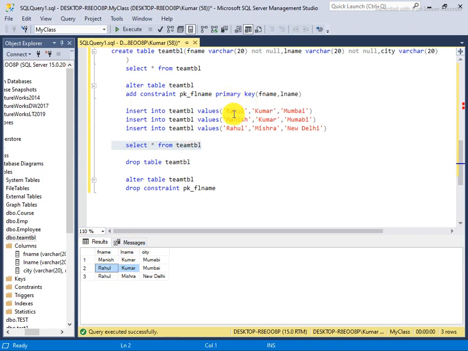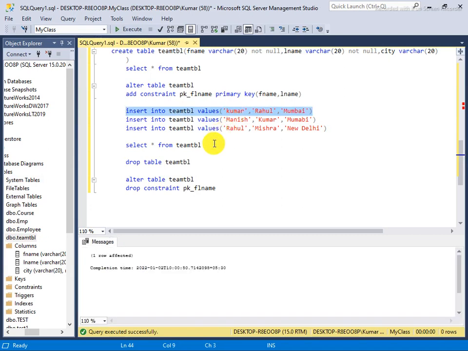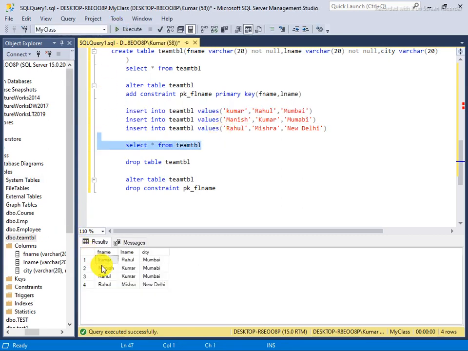If you say Kumar Rahul, then it will accept, because it's a different combination. So Rahul Kumar and Kumar Rahul are different.